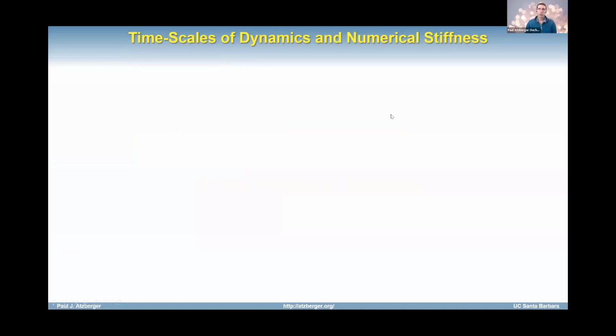So the first thing just to notice, and this is something that is always a good exercise whenever you're developing a new numerical technique, is just to analyze some of the features of the underlying system that you're trying to approximate. And you very quickly realize with fluctuating hydrodynamics that there's an immediate challenge, which is that the dynamics evolve on a very wide range of different time scales. And so that leads to numerical stiffness.